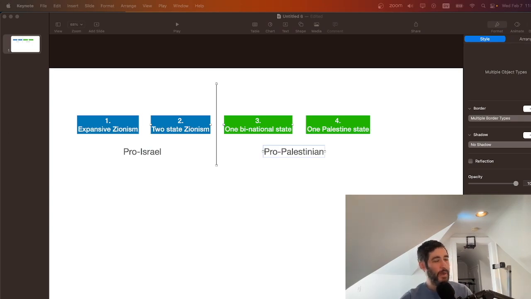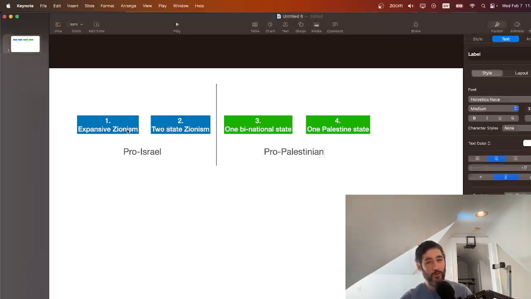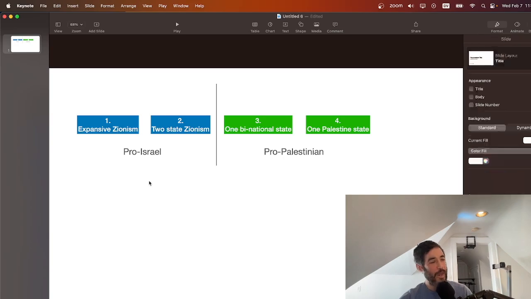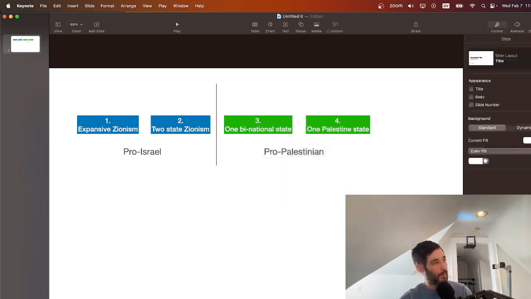What's interesting to me about this map is the way in which the position in which people fall into these 4 categories depends on the polling, right? Imagination Scene asked about the polling. What about the polling, right? It depends on the polling, meaning where I fall as a pro-Israel Zionist, right? This is Zionist versus anti-Zionist. Where I fall depends on where I think the Palestinians fall. So you get this sort of prisoner's dilemma, where my choice depends on their choice.